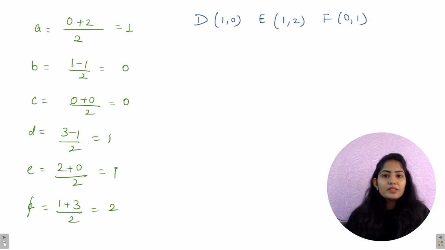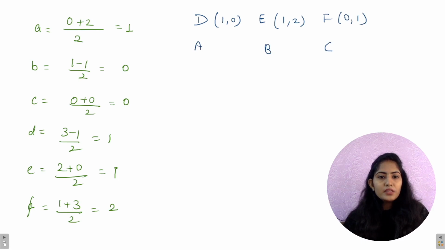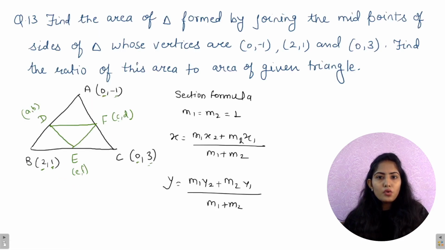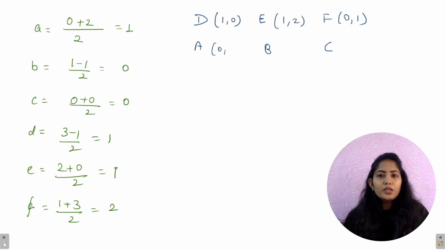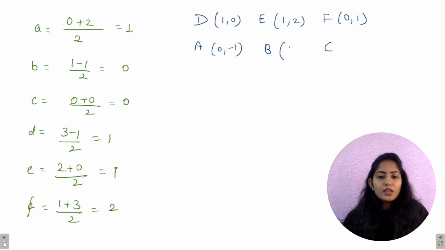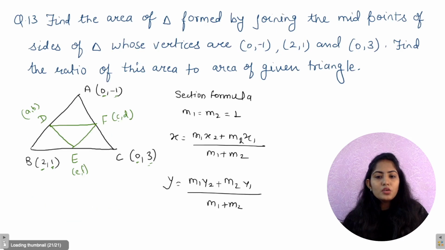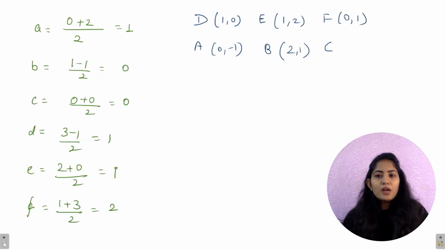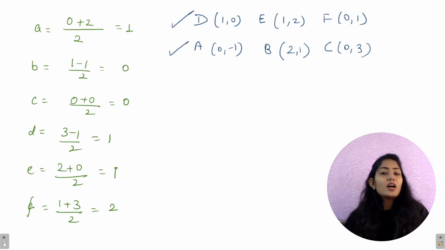DEF और ABC के आपको कोऑर्डिनेट गिवन है दोस्तों। कौन कौन से दे रखे हैं, ABC के हमको दे रखे हैं A (0,-1), B के आपको दे रखे हैं (2,1), ठीक है, और C के आपको दे रखे हैं (0,3)। तो बस अब आपको DEF और ABC दोनों ट्रायंगल का एरिया ऑफ ट्रायंगल के फॉर्मूले से दोनों का एरिया निकालना है और दोनों को इसमें वैल्यूज को पुट कर देना है। मैं लास्ट लाइन और लिख देती हूँ यहाँ पे आपके लिए।